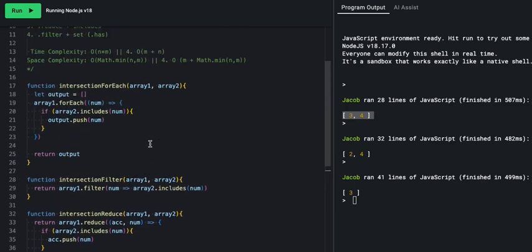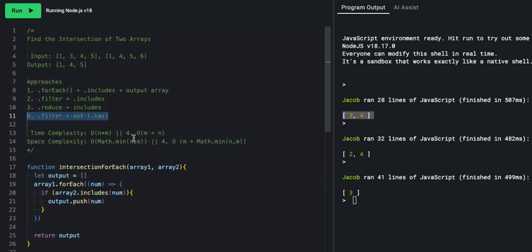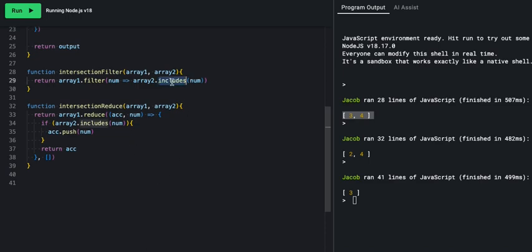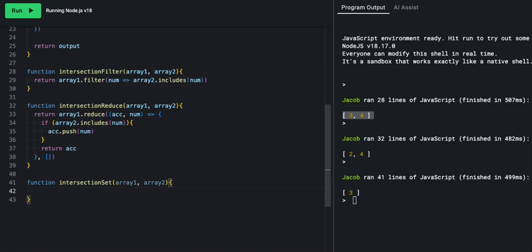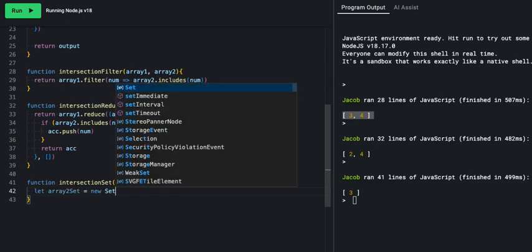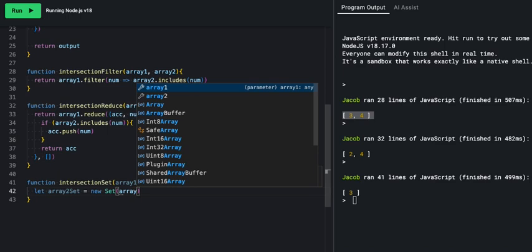And we're going to move on to our very last one, which is our filter plus set. So basically, the set will take over this includes. So let's go ahead and get started. Function intersection, and we'll call it set. Pass it array1 and array2. How you initialize a set in JS is like this. So we can say let array2 set equal new Set, and inside we'll pass it the array that we want to turn into a set, array2,